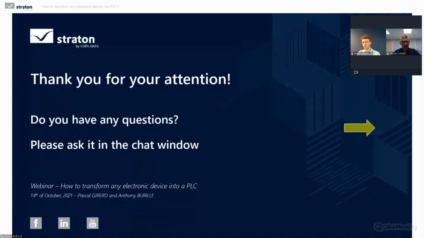Do you have a specific solution for embedded, and which electronic device hardware supports Straton runtime? So the principle with Straton is really that it's fully adaptable. It means that you can really customize it to your needs. So it doesn't matter which electronic you have. Of course, it has to be powerful enough if you want to do big applications, but it does not matter which electronic device you have. It doesn't matter which operating system you have. You can fully customize Straton and make it fit your needs. So you can use any hardware, any electronic device, any operating system.